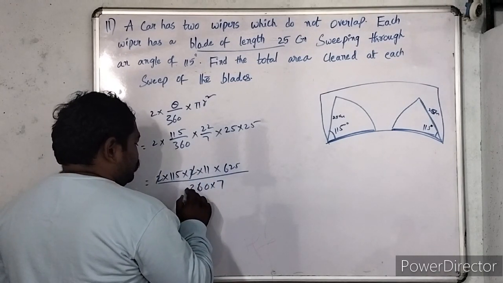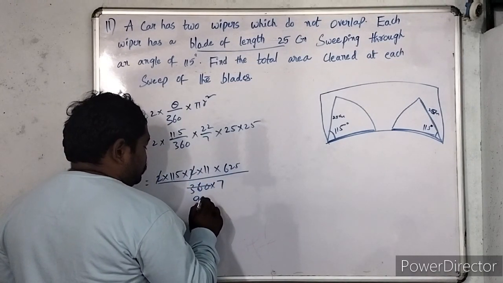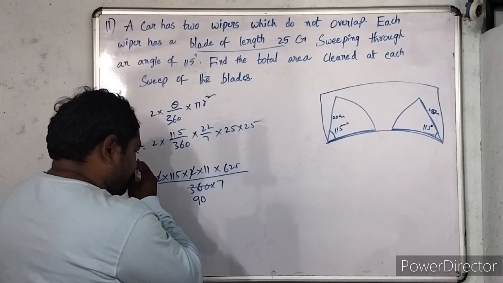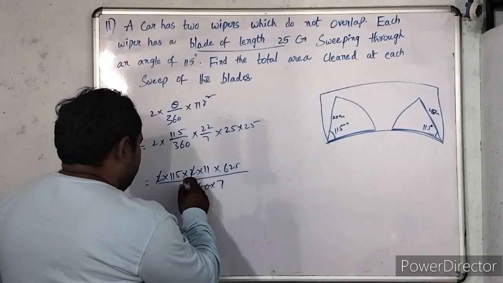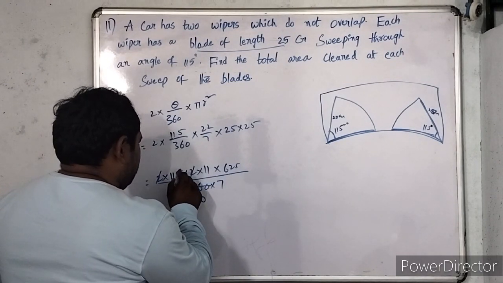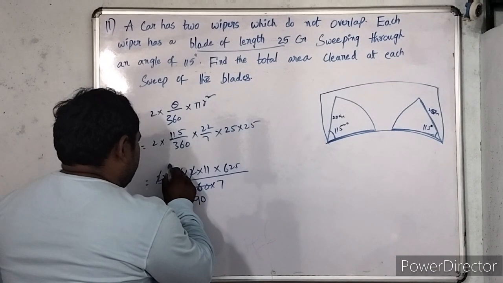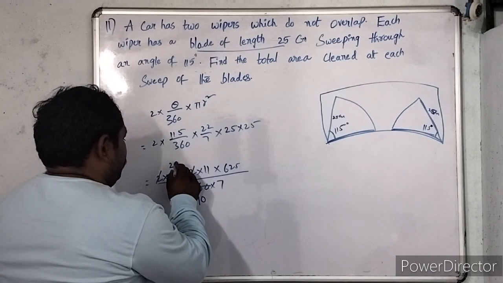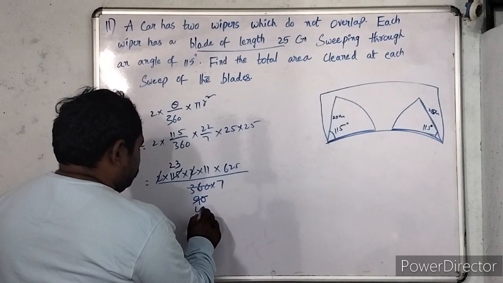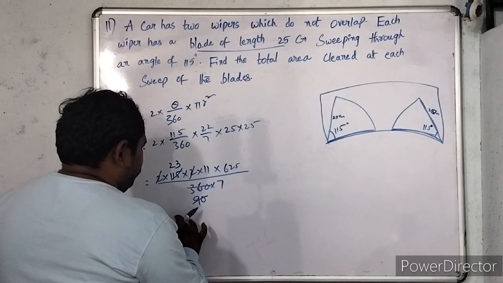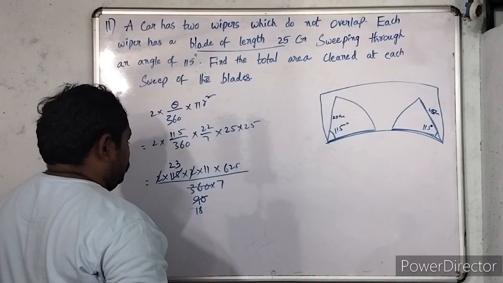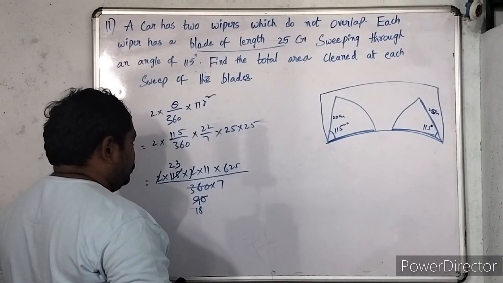2 2s are 4, 4 9s are 36, 90. Okay, and 115625 90. Let me calculate it as 5 2s are 10, 5 3s are 15, 5 4s are 45, 5 1s are 5. We have 4 carry, 5 18s. Now there is no calculation.